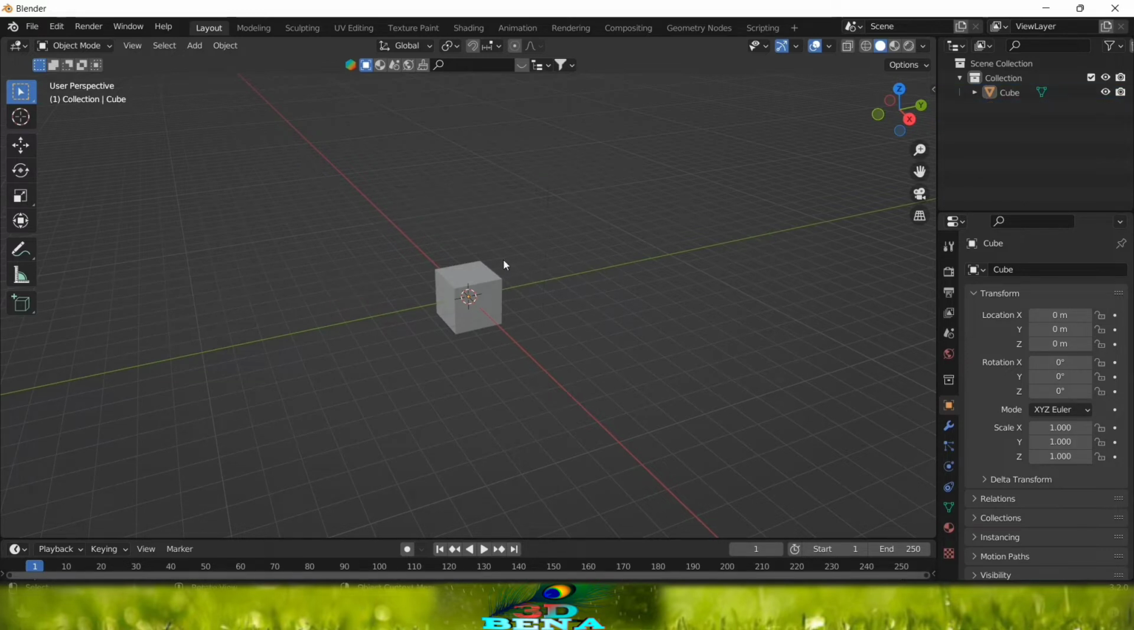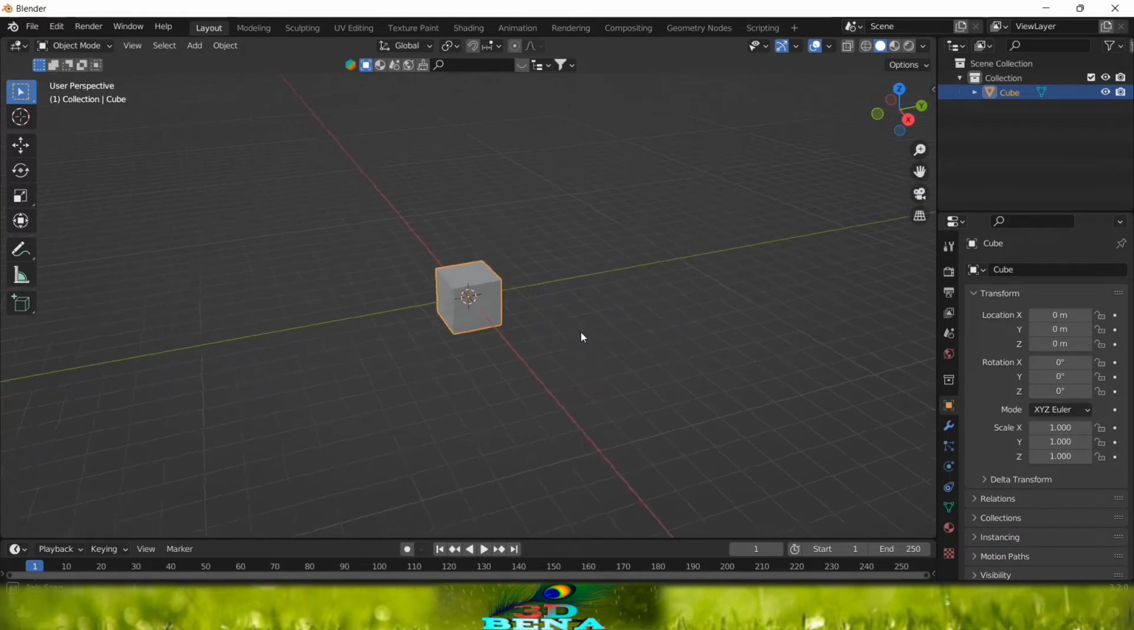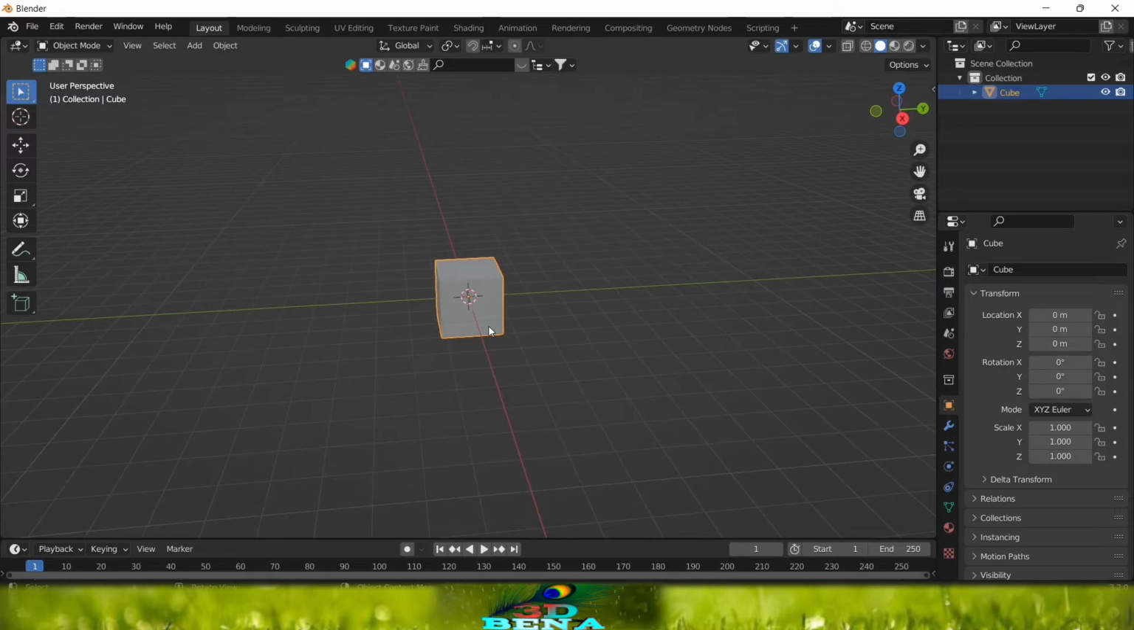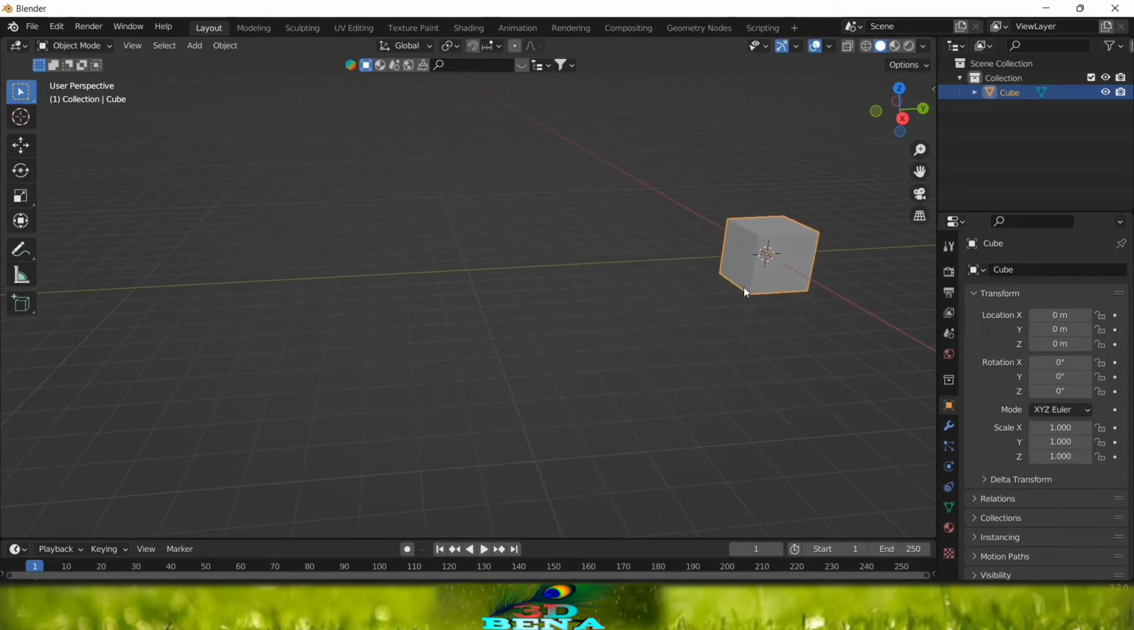Now the problem is how to see our object from the other side. So hold your middle mouse button and move your mouse to rotate the 3D world. Scroll your middle mouse button to zoom in and zoom out. And one more thing, to move our 3D world's middle point, hold Shift and the middle mouse button and move your